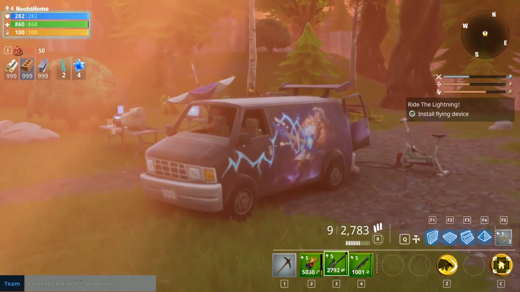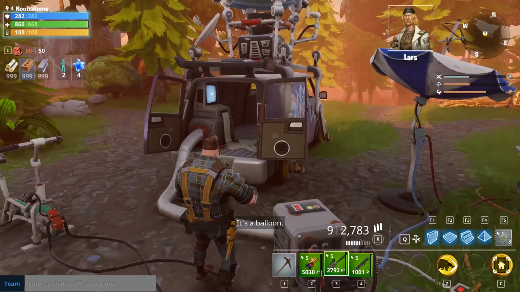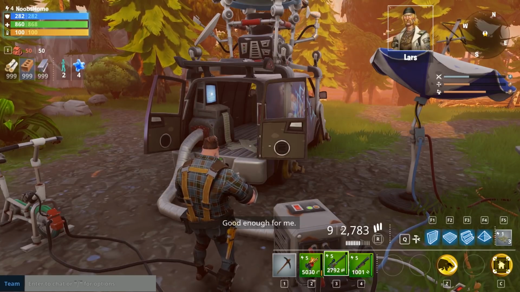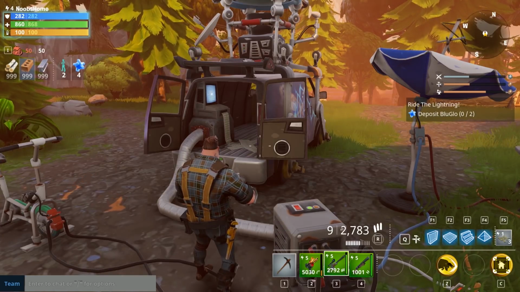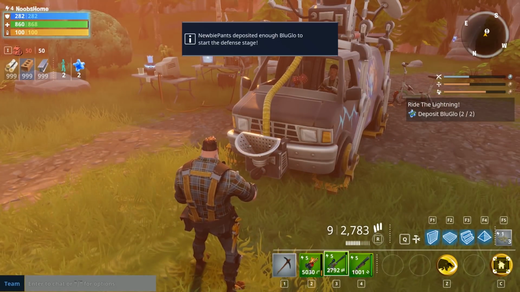When you reach Lars's van for the first time, you need to install this upgrade, and this is only during this introduction that you need to do that. Moving forward, the van is going to look like this when you arrive at it, so you don't need to install any upgrades moving forward, which is a bit of a shame, but I mean, it's a story-based thing, so yeah. But now we have the upgraded van, and you need to deposit blue glow, and when you do that,